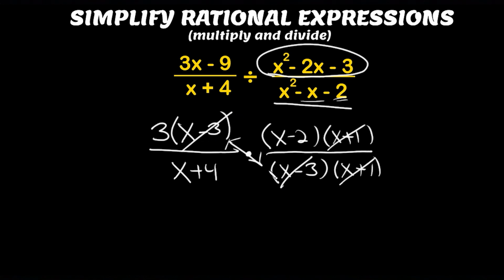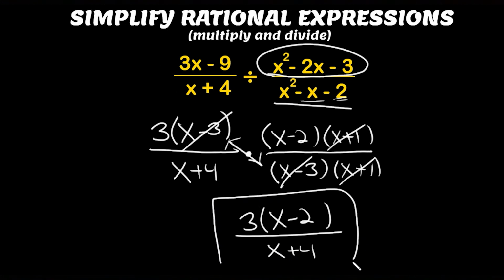So now we just multiply right across. I'm going to do 3 times x minus 2. That gives me 3 times x minus 2. I can leave it just like that. That's fine. All over x plus 4. Done. That's completely factored. And so that is how you simplify down rational expressions when you're dealing with multiplication or